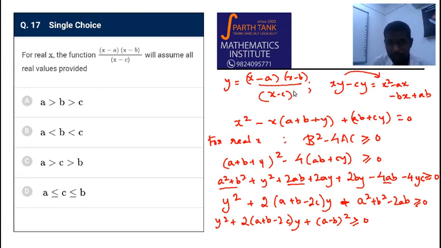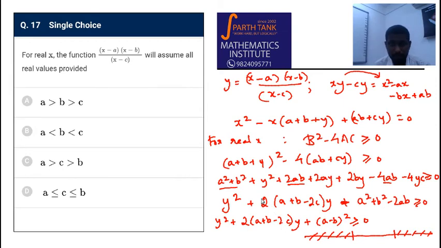Y is the value of the function itself, right? But you'll see that this is a quadratic inequality and it's a greater than inequality. So if this equation here on the left has real roots, you mark those real roots here and here, and since it is greater than, the solution will be y should be in the region outside these real roots, right? So this will say that y cannot have any value here. Y can have any values here or here.